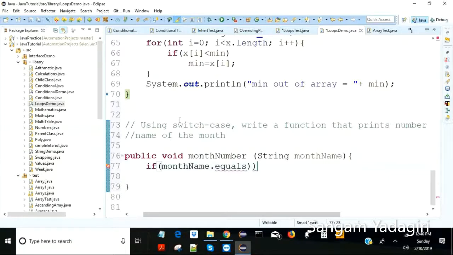So I'll have to print something like, January is the first month. Okay, so I'll put it appropriately. January is the first month. So you have to put like 12 conditions. If month